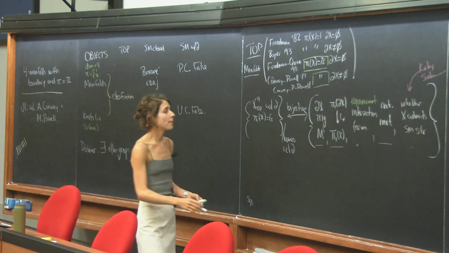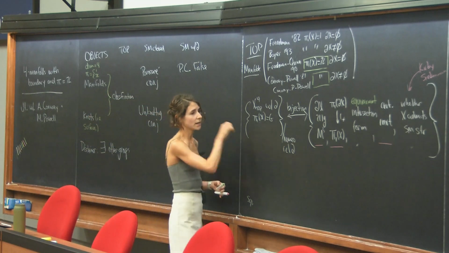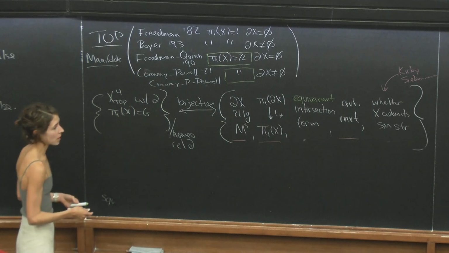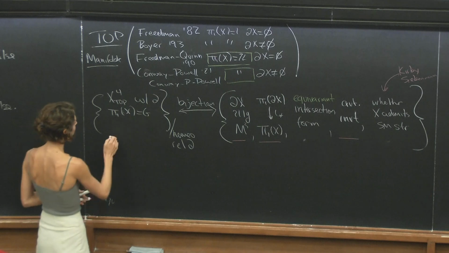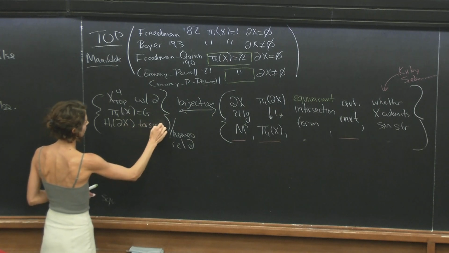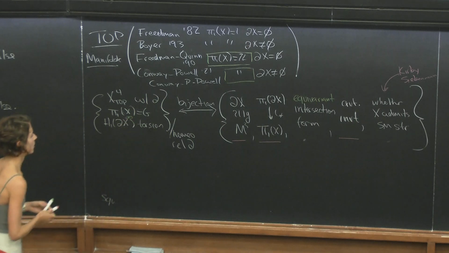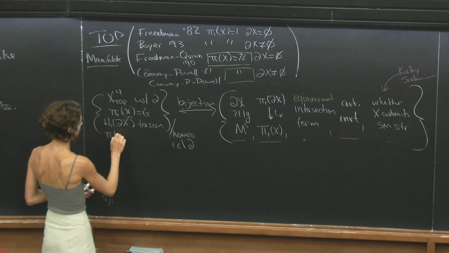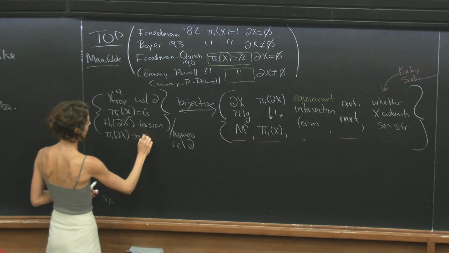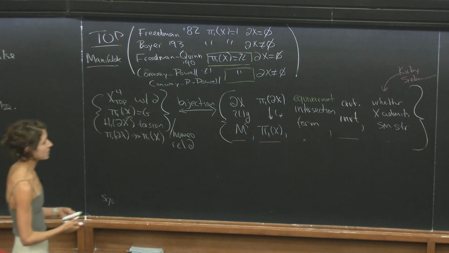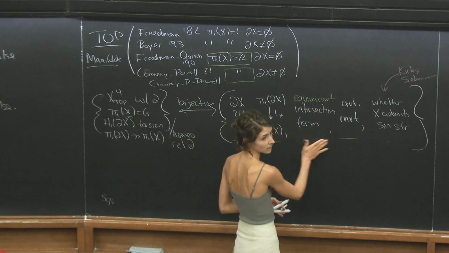Okay, there's a couple of hypotheses that I need to add here. One of them is that I want to be working with boundary a rational homology sphere or some appropriate analog of that. So H1 of the boundary of X needs to be torsion. A bit different when pi1 is Z, I'll explain that. And I also want to know that the inclusion map from pi1 of the boundary into pi1 of the manifold is surjective. Okay. So the first thing I want to do is tell you what these things are.